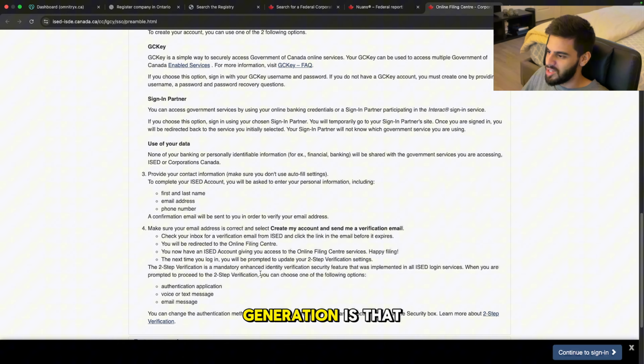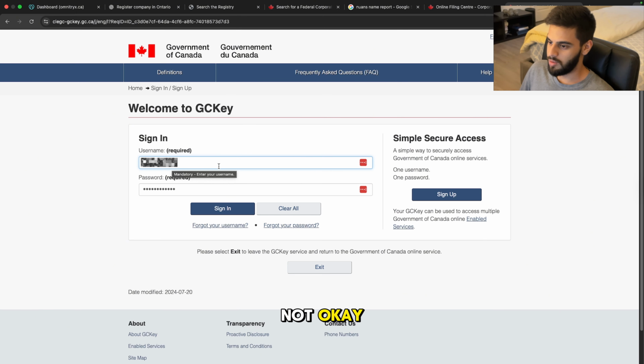What do I choose? I got two options, but I don't know which one to go with. So what happens if I just leave TD, my bank, and switch to a different bank? Does this work? Does it not? Okay, so I can use this.